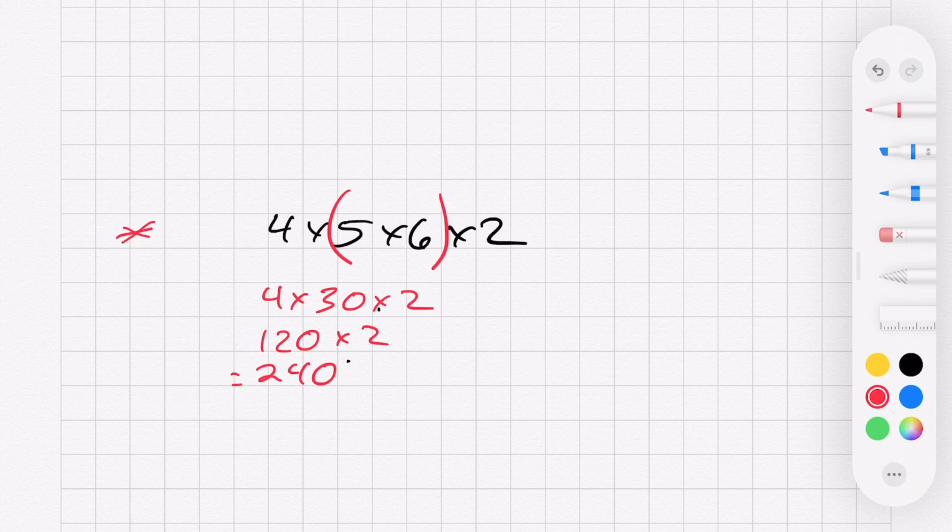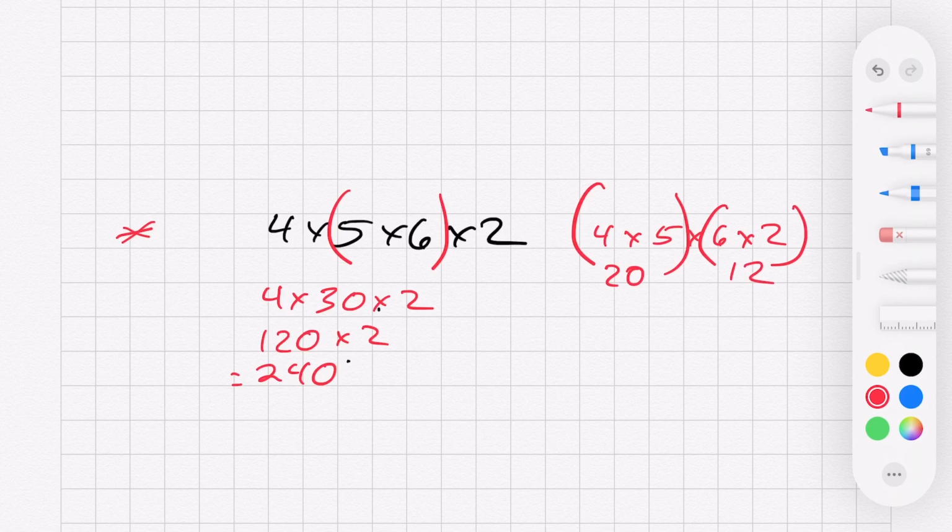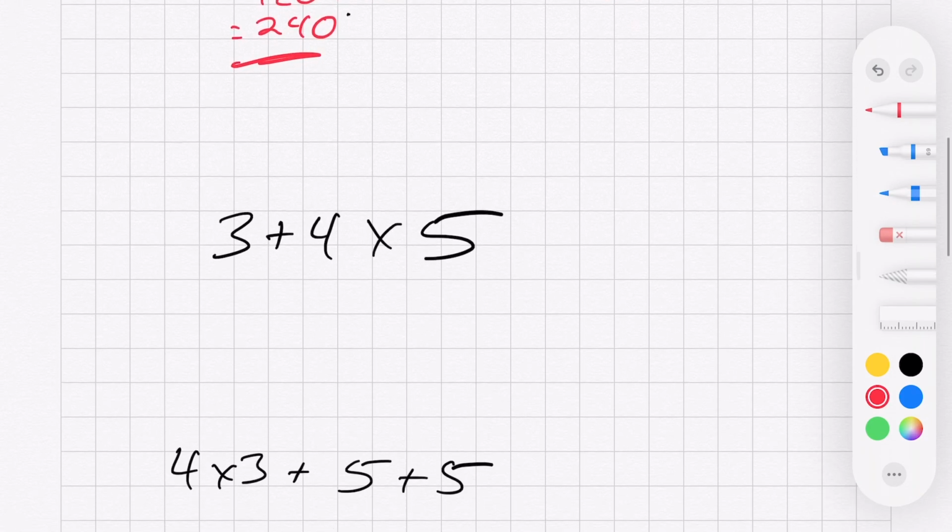So say I put the brackets here like this. So this would be 20, and over here would be 12, and then that would still be 240. Now, why am I getting the same answer? And the reason for that is because it's just multiplication. Okay, so if we're doing straight multiplication, it doesn't matter what the order is. What about if I am doing